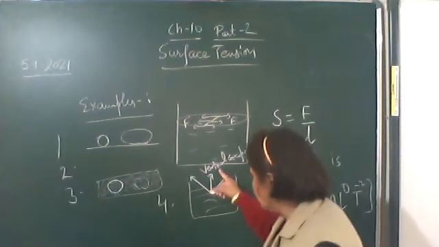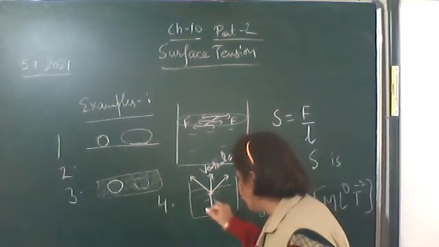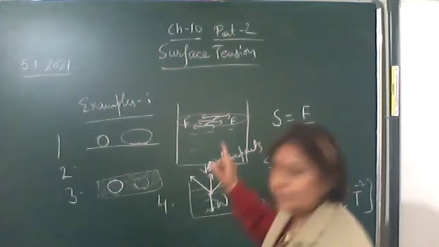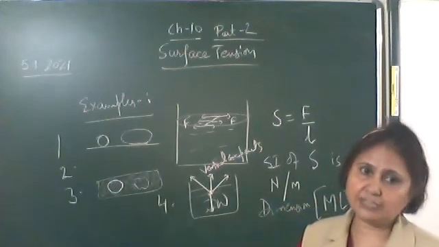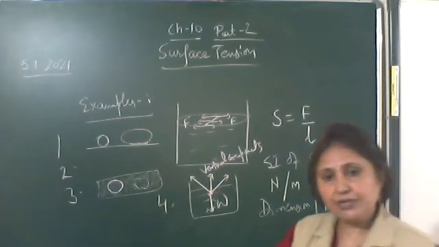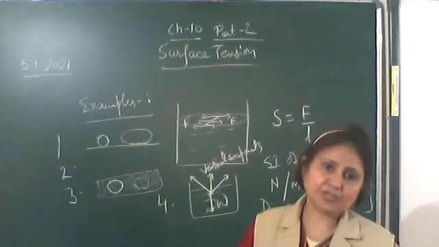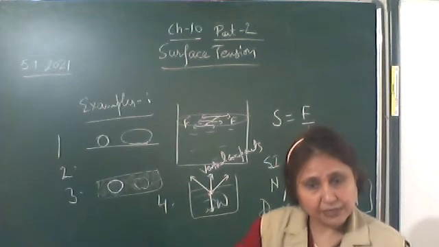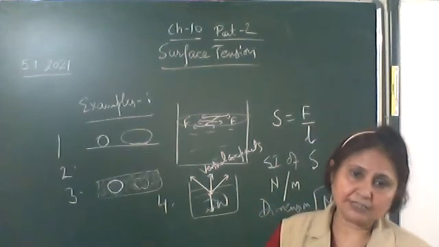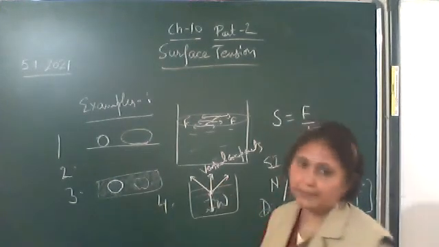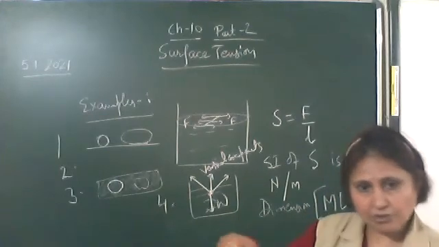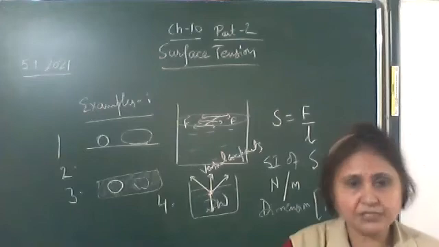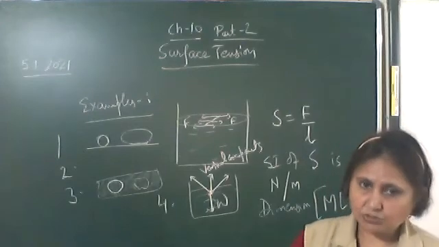And what are the two forces? The weight of the needle is acting in the downward direction, which is balanced by the vertical components of the surface tension, due to which it keeps on floating on the water surface. But the caution is it has to be kept gently on the water surface such that it does not prick the water surface. Otherwise, once it pricks, it will sink inside the water. It has to be kept gently.